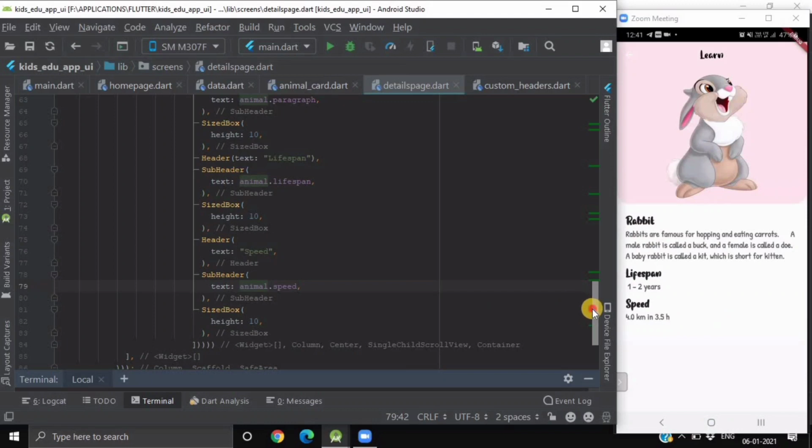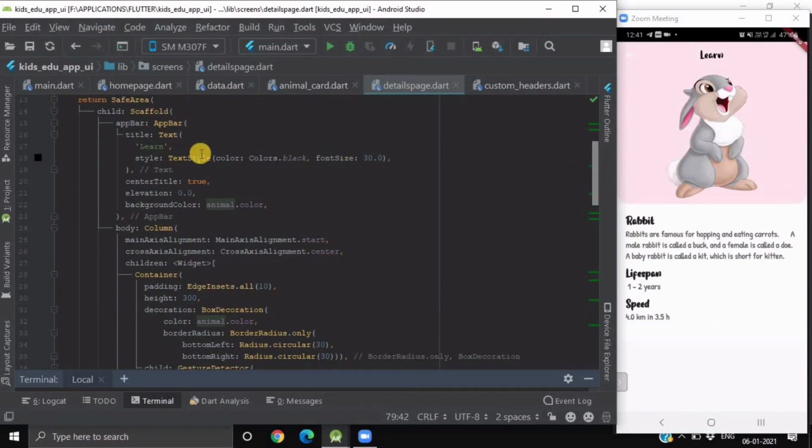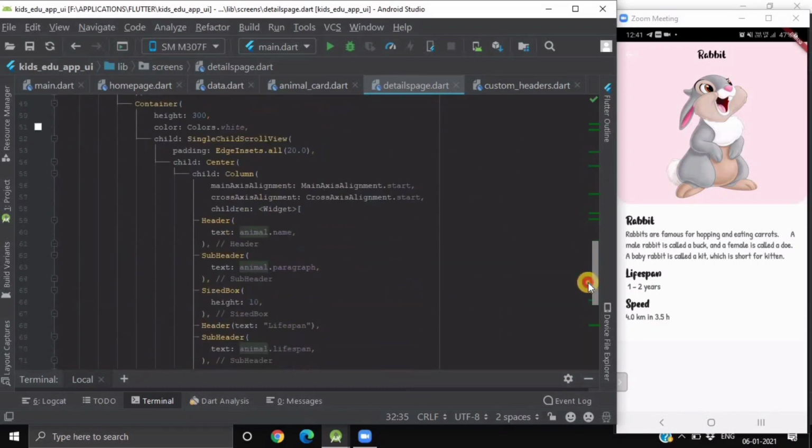Okay, here the app bar is still showing the learn value. We have to change it to animal name. So we'll change it to animal dot name, and again hot reload it. So this time it's showing the name of that particular animal. Now the last thing which is